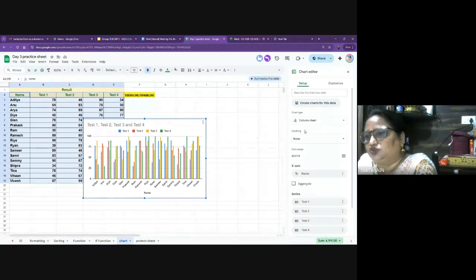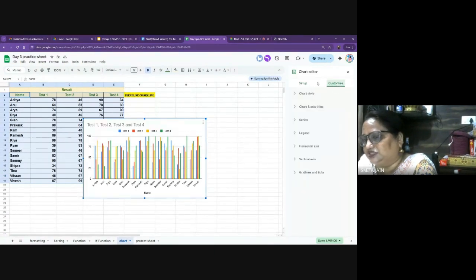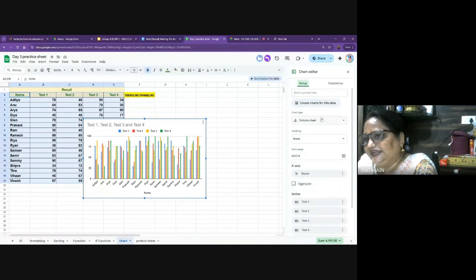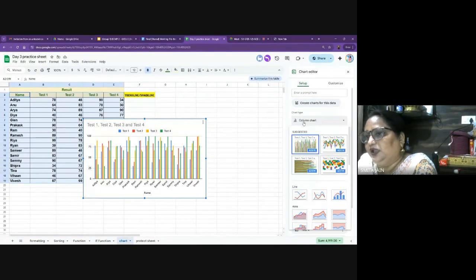See, one column chart is made here by default. If you don't want that column chart, the setup is here, the setup and customize. You can customize also. This is the setup. If you don't want the column chart, which is present here because it's suggested by default to you,